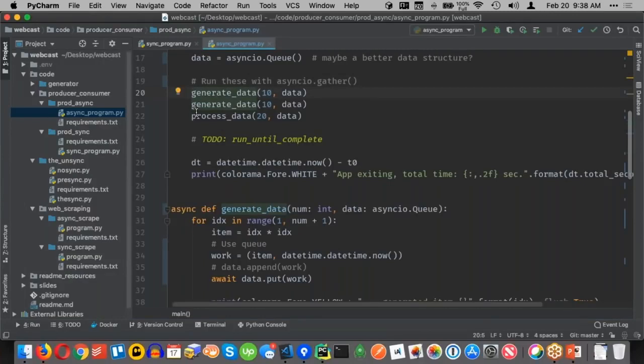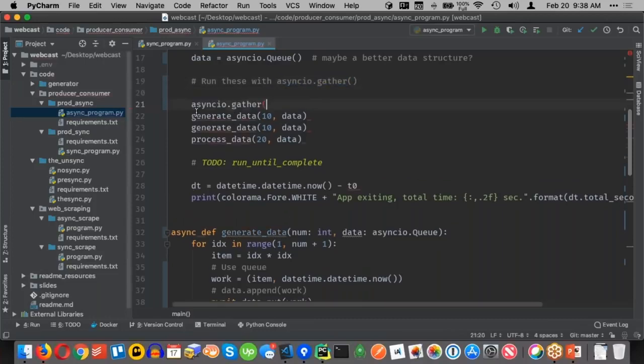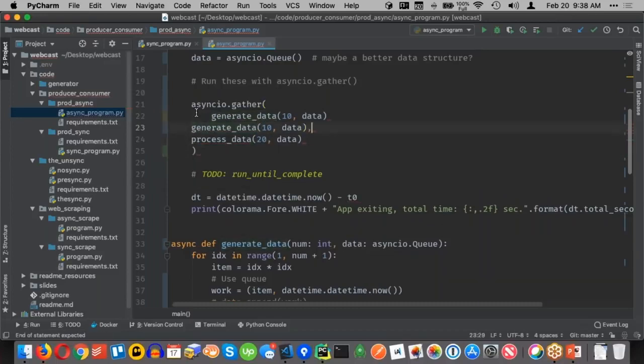So what we want to do is there's a short version and a longer version. I'll go ahead and use the short version. So we can do what's called gather with asyncio.gather, and that will convert all of these, once the appropriate commas are in place, to a single thing that we can then wait for them to be completed.